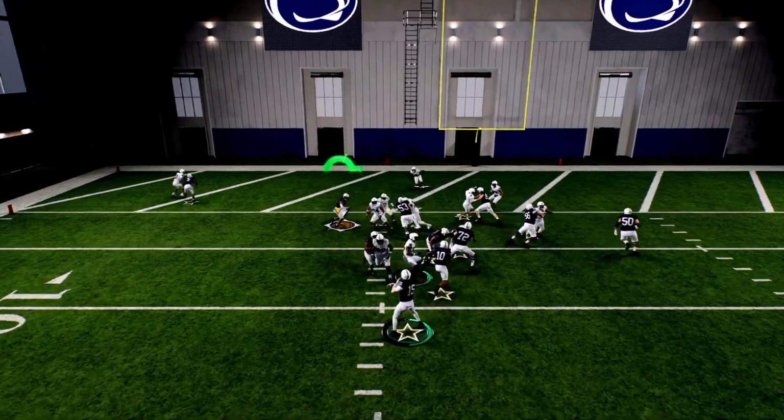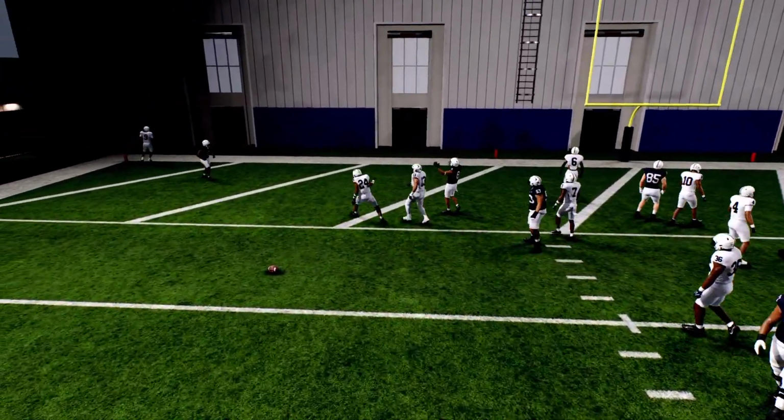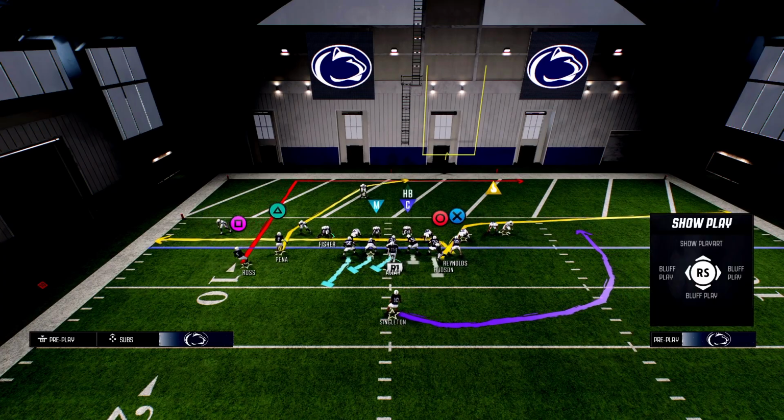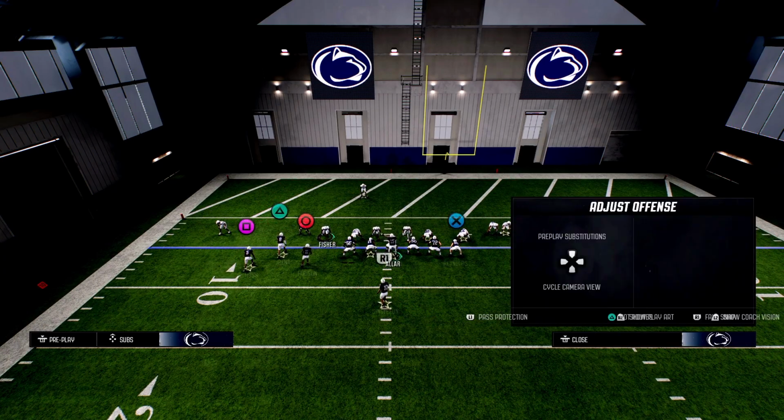They're expecting him to go on a flat, you know what I mean? But the flat is normally going to be more open than the slant. So just want you to know that you can hot route, you can audible a little bit around, which makes it really, really good. One of my favorite red zone combos, if you actually want a red zone combo, is